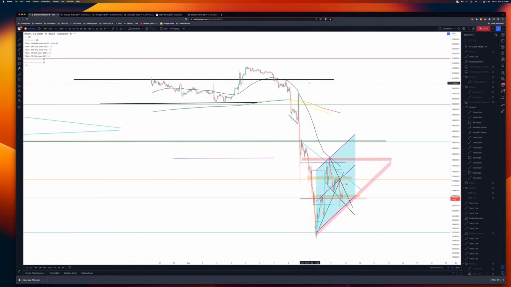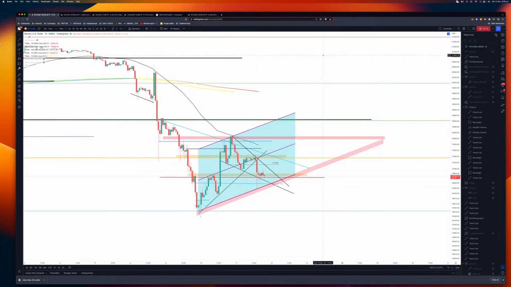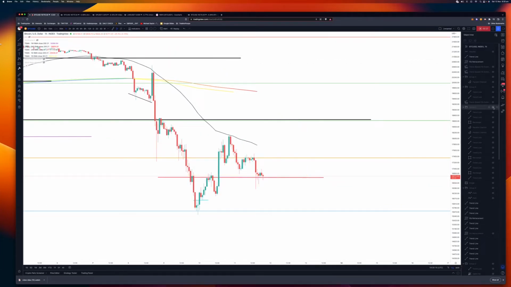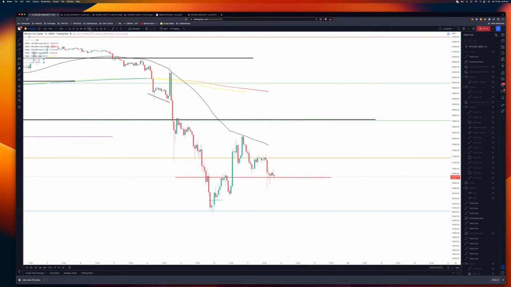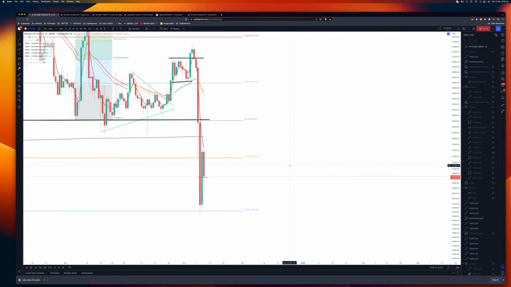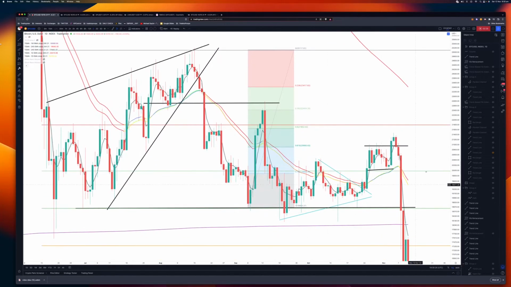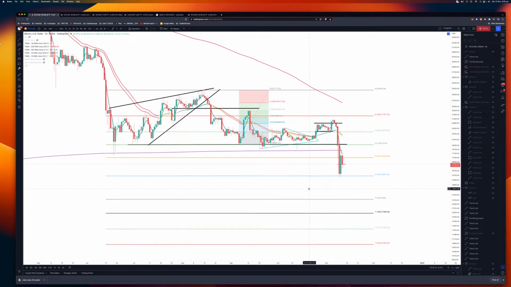So what we have here is potentially a reversal or continuation pattern. Now, if it's a reversal, I'll show you what I'm thinking along those lines. If this was a major reversal, I'll look on the daily. I'm pretty upset that it didn't really record well, but anyway, this is what I have at the moment with